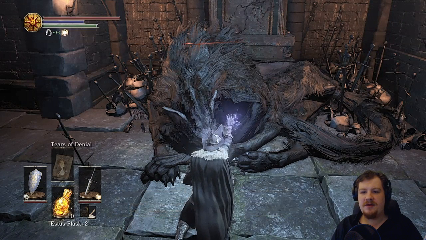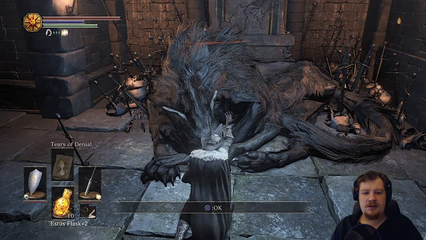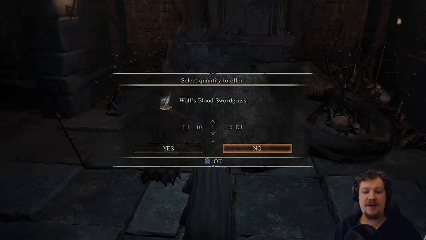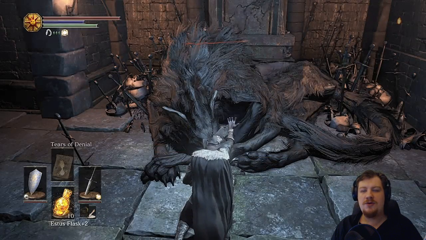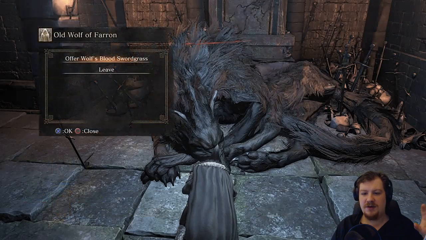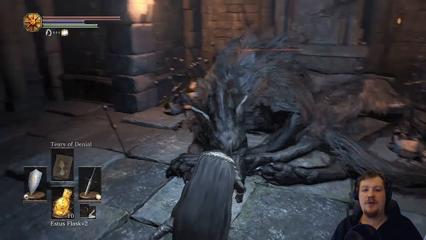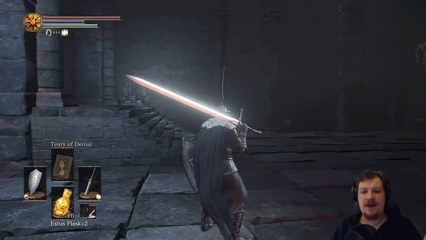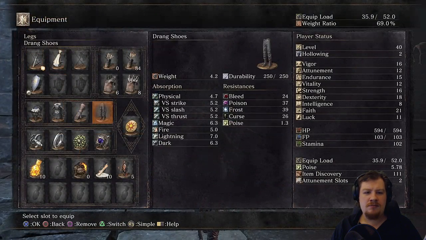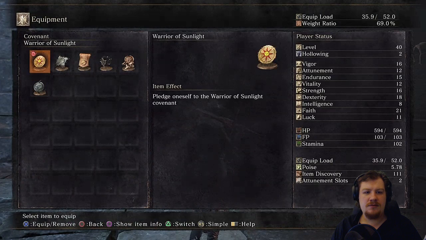So here we have another Covenant, the Watchdogs of Farron. And the way this works is, if you equip that, you can be summoned in the area before in the forest where the crystal sage is. And if you hurt one of the animals, you become eligible to get invaded by these. Maybe we try that actually. Maybe not now, but